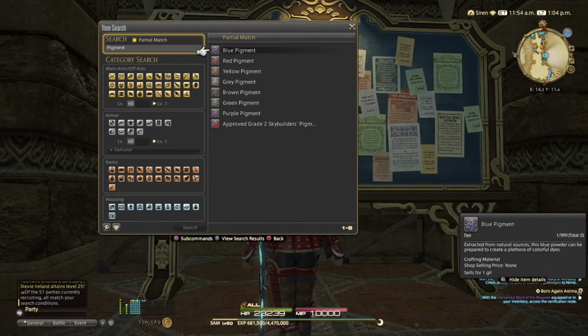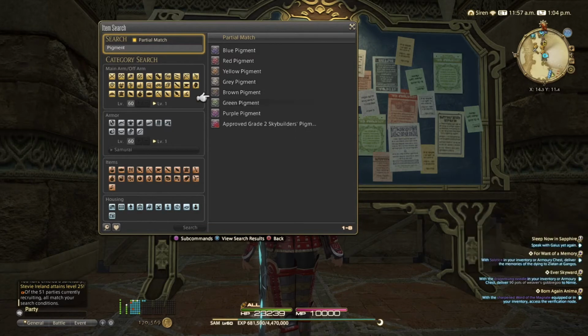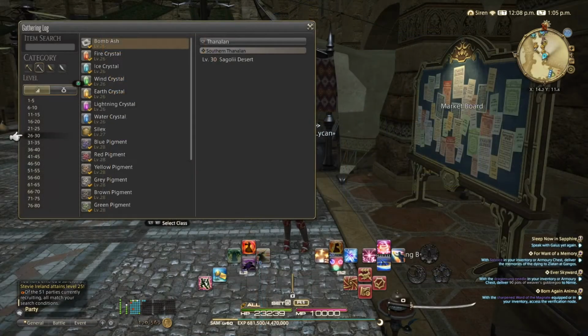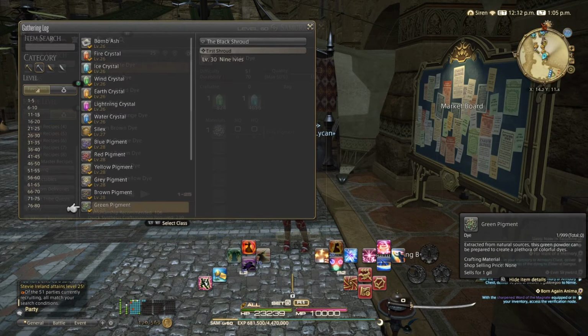The next thing I'm showing you here is pigment. What is pigment? It's what makes the dye. If you have a miner or a botanist, and I think even fishermen, when you desynthesize some things, you can get some dyes, depending on the color of the fish. You can then harvest or mine these pigments, and then if you have a crafter, then around the same level, 26